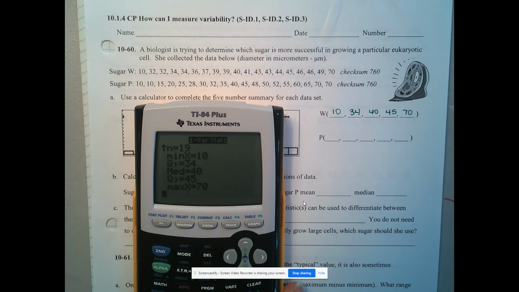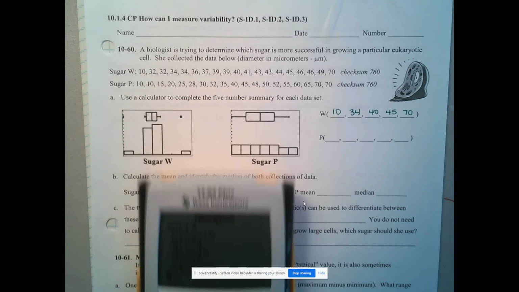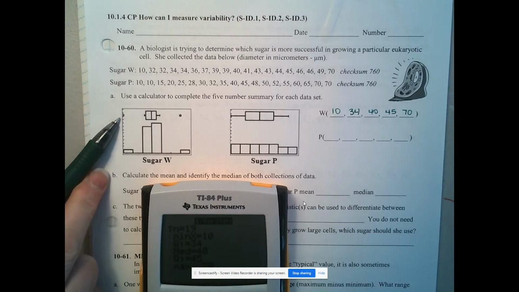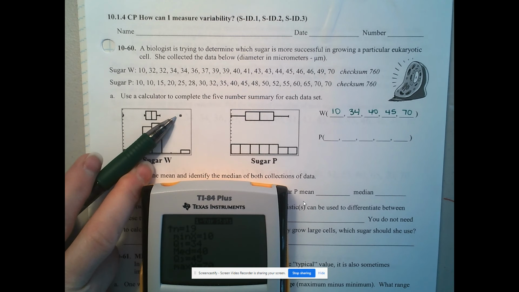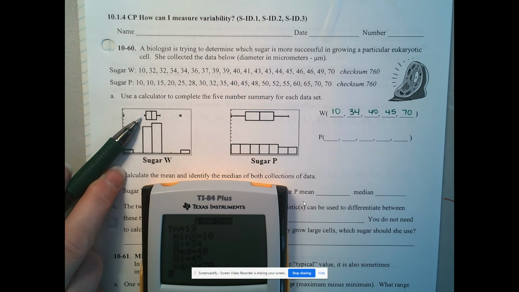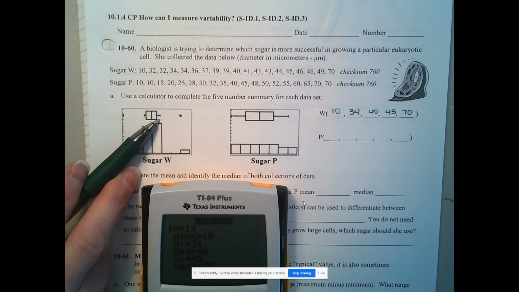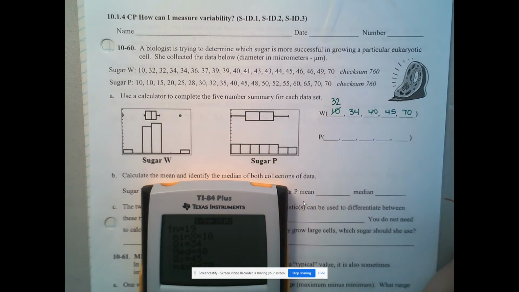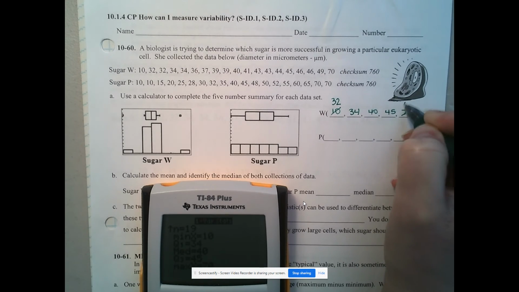Now, the one thing that you might notice is that this particular one has some outliers. So that 10, which is your lower extreme, is an outlier, and that 70, which is your upper extreme, is also an outlier. The actual box and whisker plot stops at 32 and goes as high as 49. So your 5-number summary for the box and whisker plot itself might have 32 instead of the 10